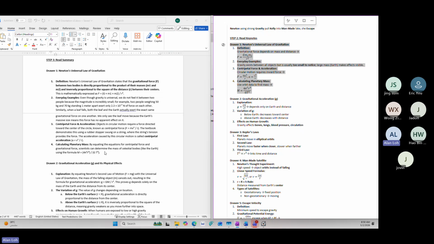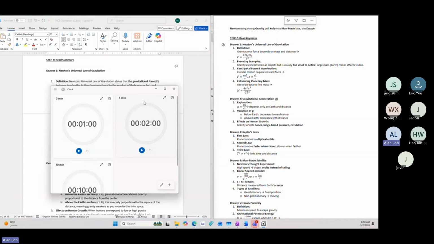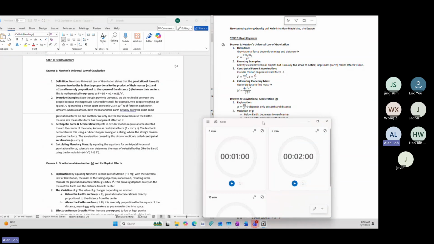Now your understanding level is, let's say, level 2. After reading step 3, drawer 1, your understanding level for drawer 1 should increase from 2 to 3, something higher. You should have new information over here that will help you to understand drawer number 1. So let's take 1 minute to read drawer number 1, using this as reference. Let's start now.